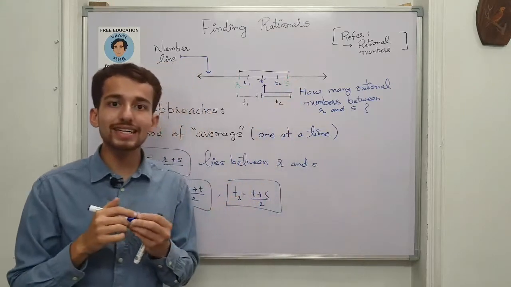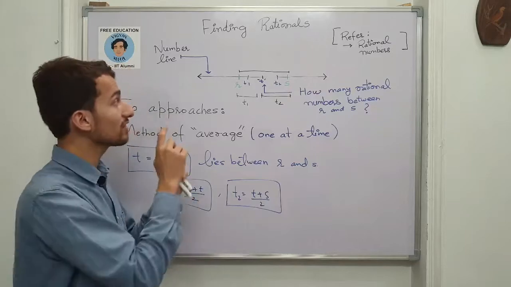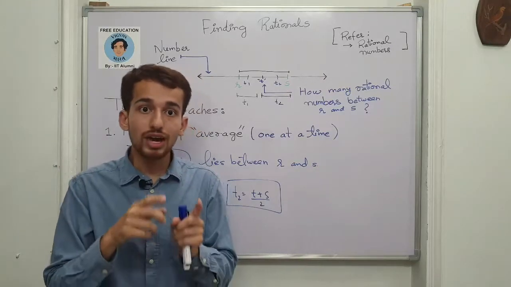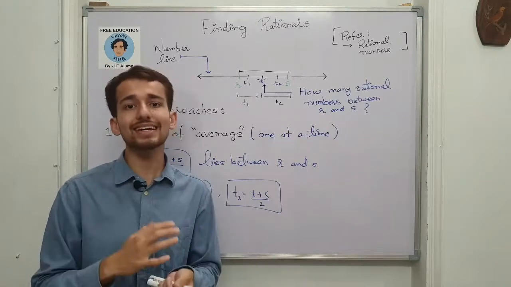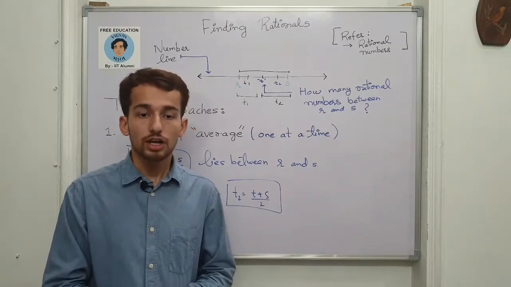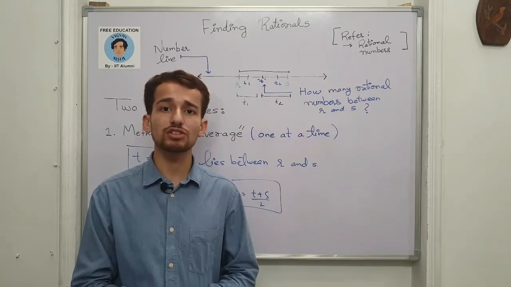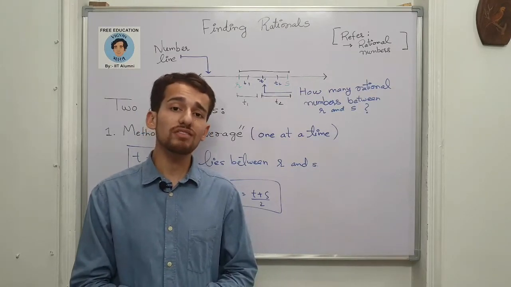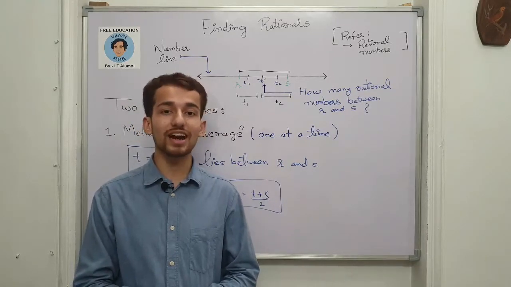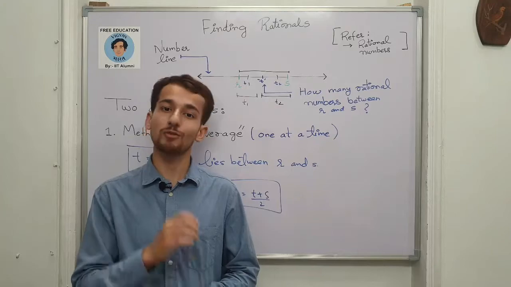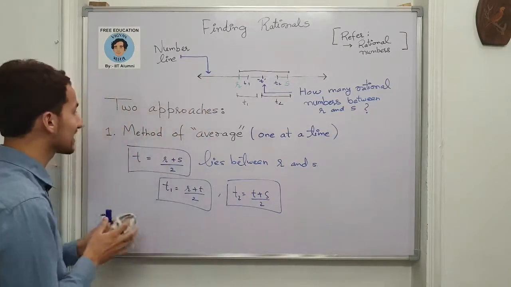So you find that whenever you want to find a new rational number between the given two fixed rational numbers, you have to again repeat this method of average again and again for finding a new rational number. So the second method which we have just written in the very starting, which was a direct method, has some advantage over this method, that you can find how many rational numbers you want at once, directly. So let's try to understand the second method.